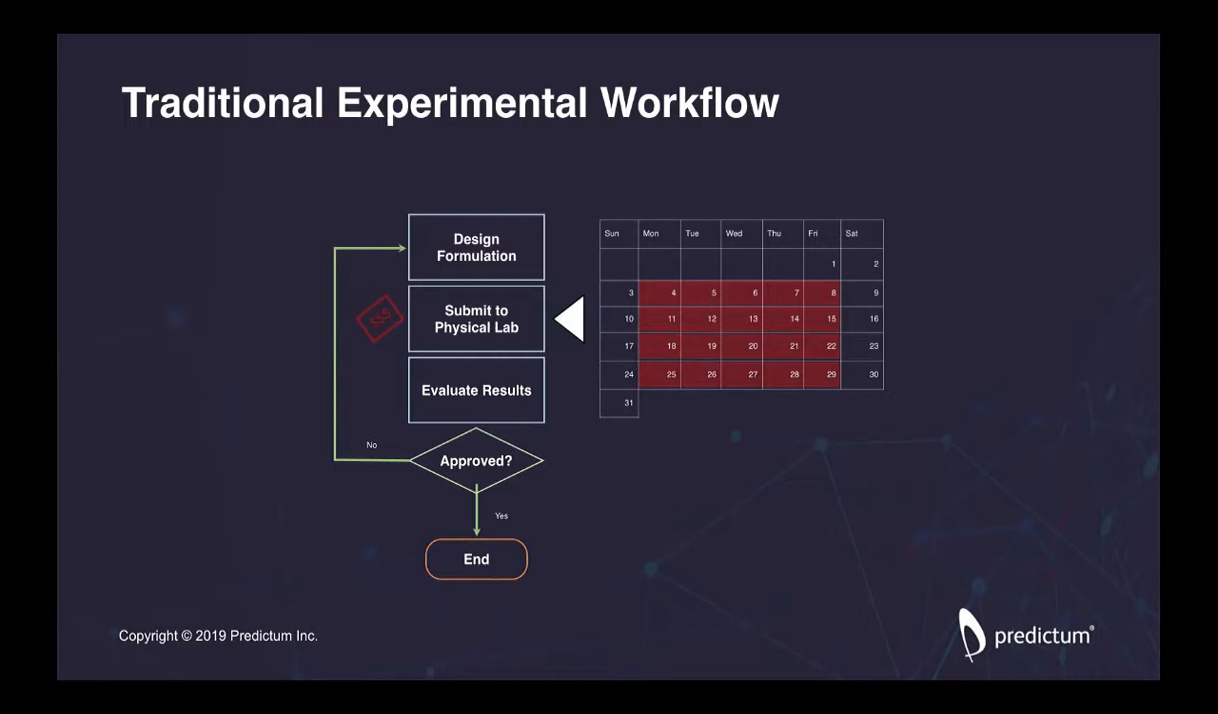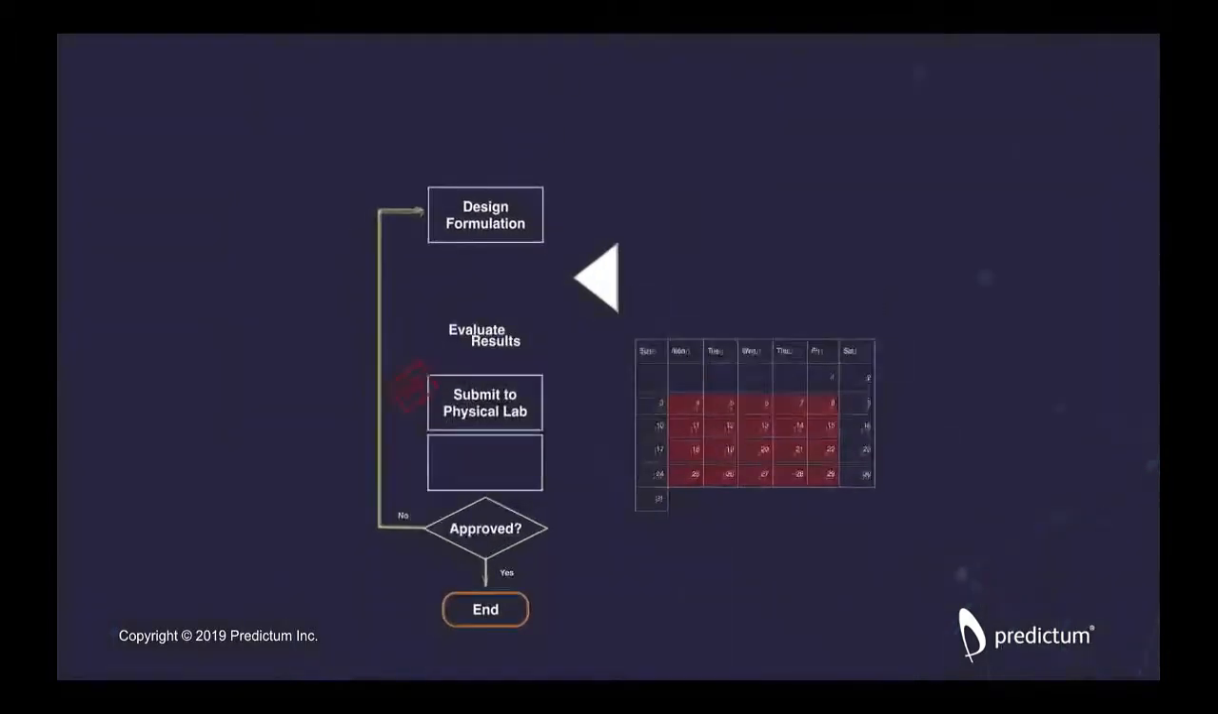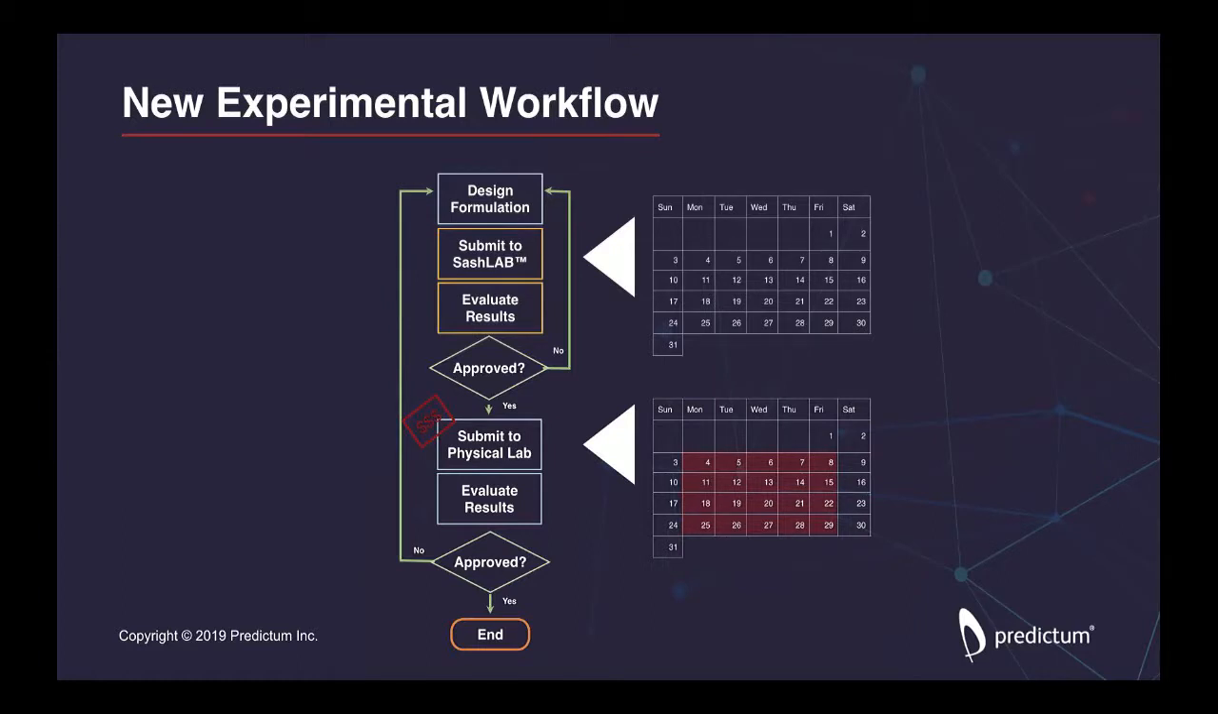Lab's busy, and in any of these projects that we've done, we're not trying to make the lab less busy. What we want to do is make sure that before things get to the lab, the thinking is fully vetted. And that's where SashLab comes in, because what we're able to do is design a formulation, and Farhan's going to show us in just a minute, and then design experiments with it and submit that to SashLab, which is where the machine learning models are going to evaluate the experiments, if you will, and give us